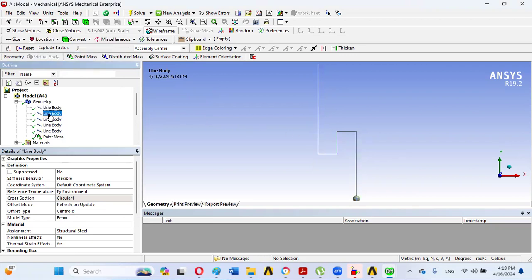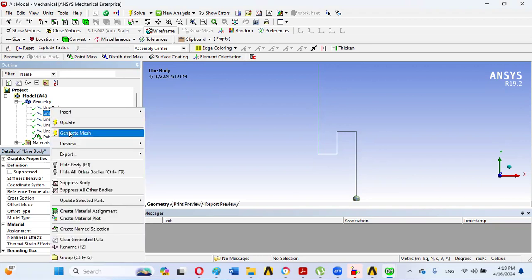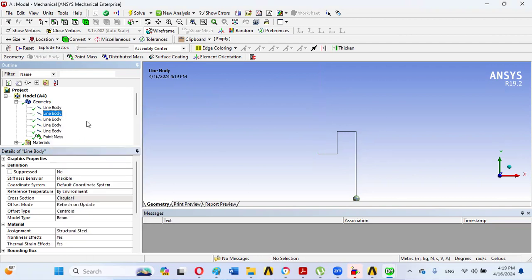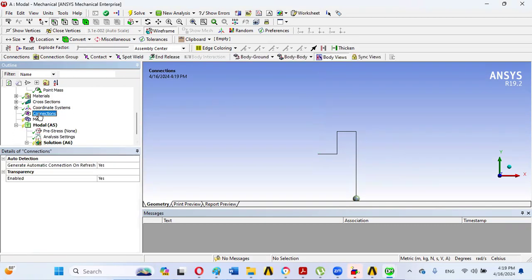So this is line body, this is line body. So first of all, for example, we will be creating a connection between this radius and this cable, leftmost cable. So we will be, for example, hiding this leftmost cable. So this has been made hidden,